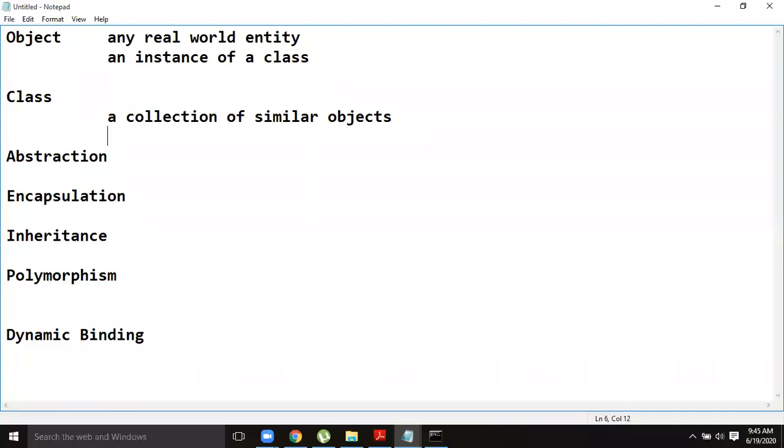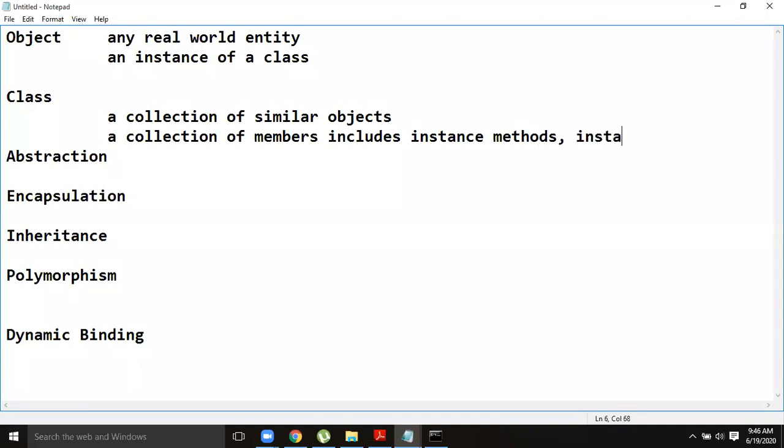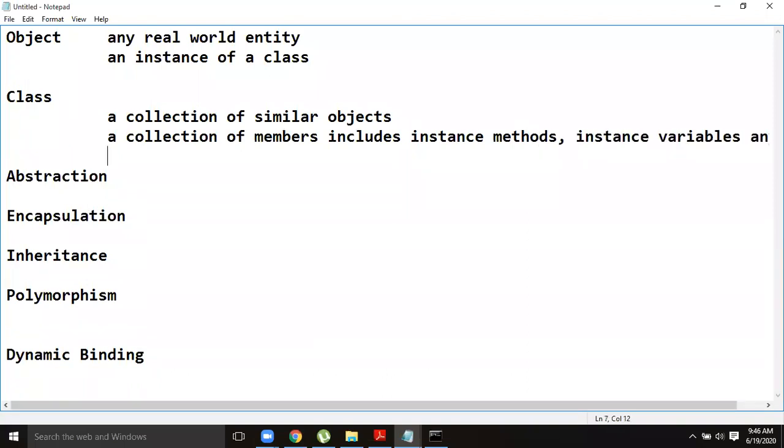The technical definition is a collection of members, including instance methods. The class members can be variables, methods, and object definitions.